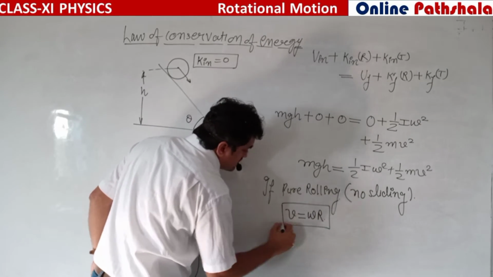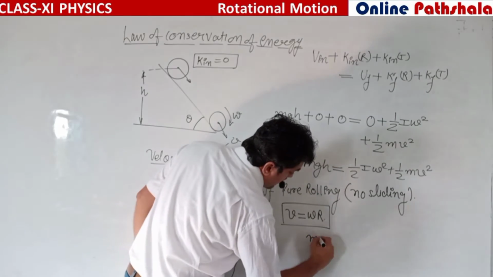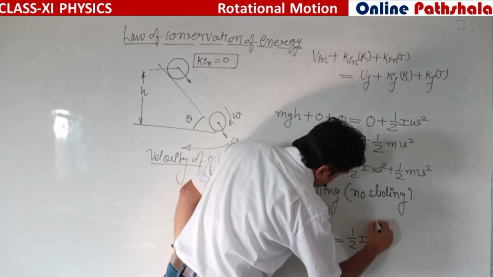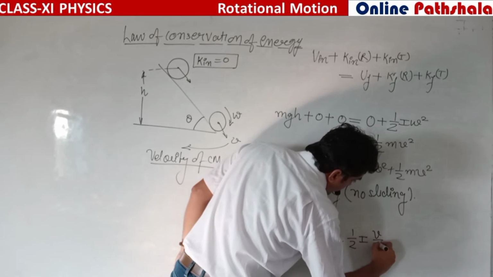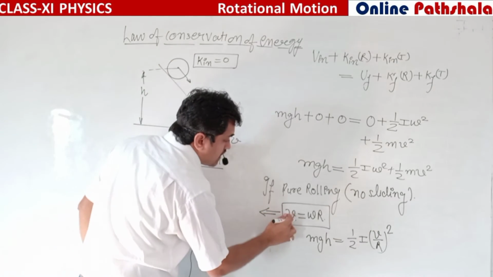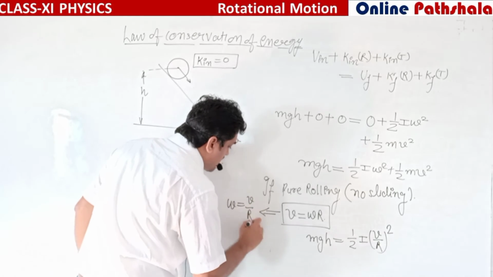So mgh is equal to 1/2 I, where omega can be written as v by r whole square, since if v is equal to omega r, then omega is equal to v by r,